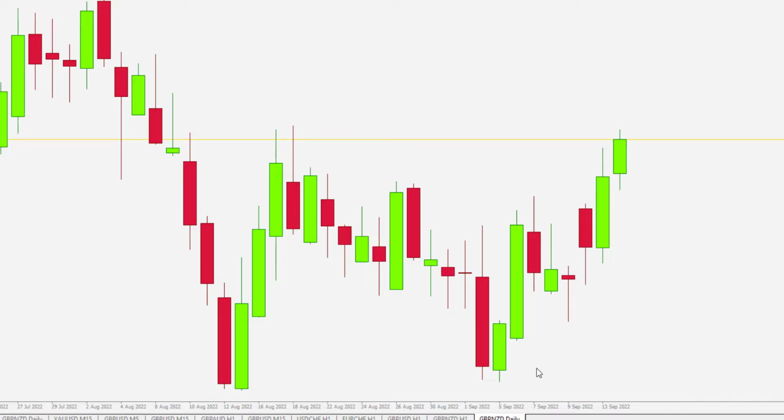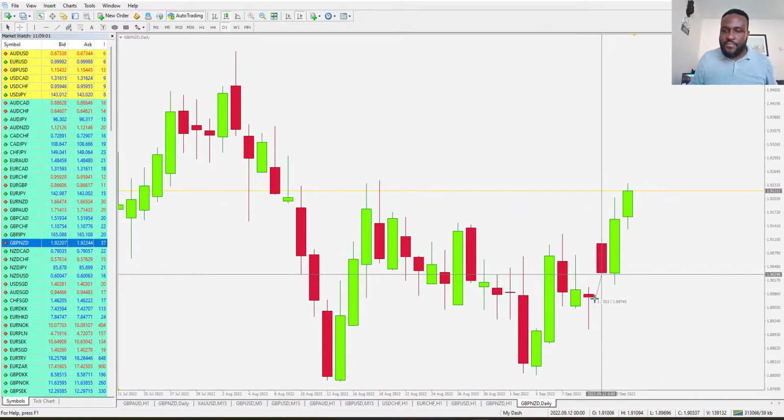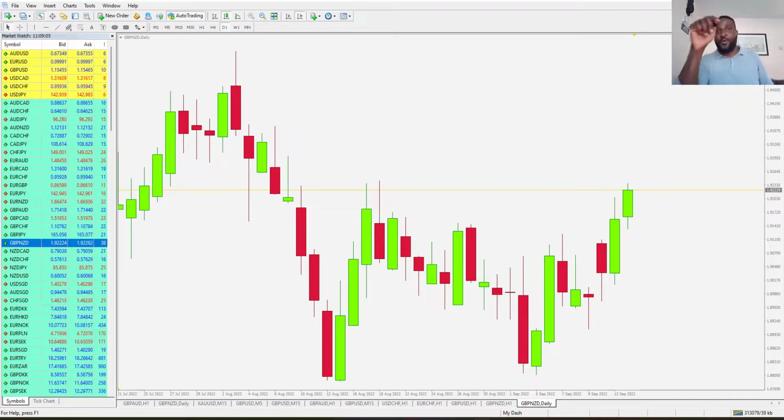Now, someone looks at that and says, "Ah, that's not a lot." But if you look at where that opened, and where the prior day closed, that is a 55 pip or so movement. Now, if you know what 55 pips can do, you will not call 55 pips a small amount of movement,